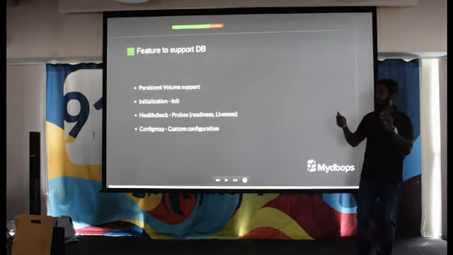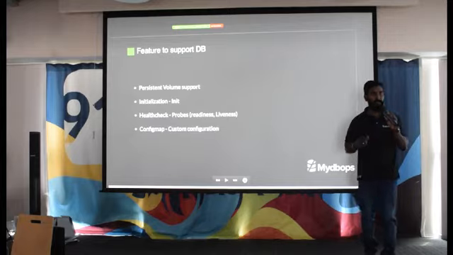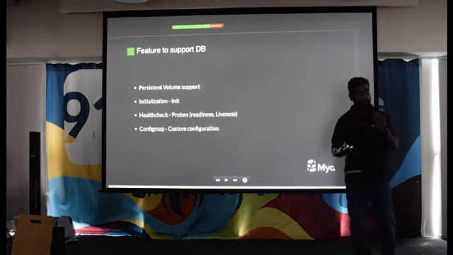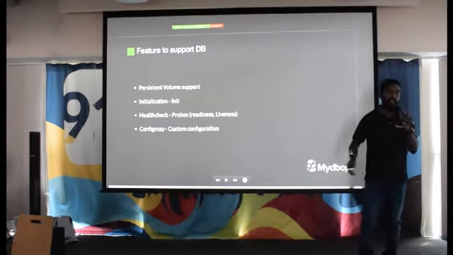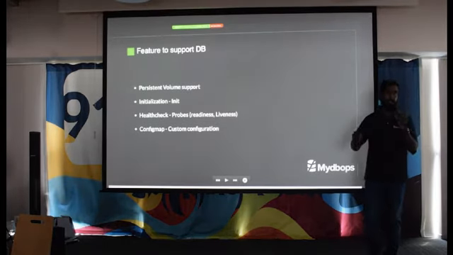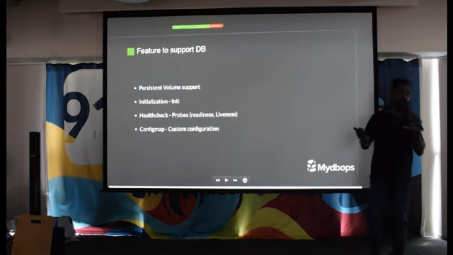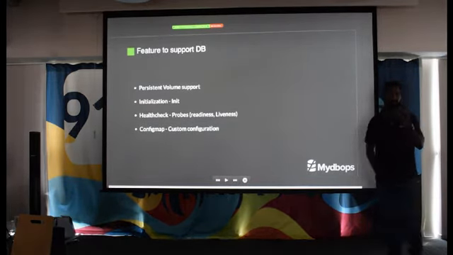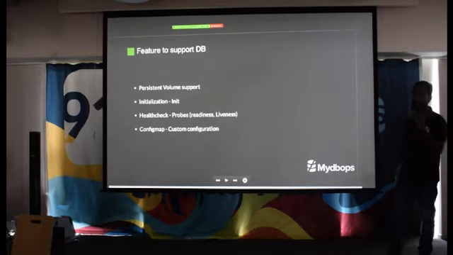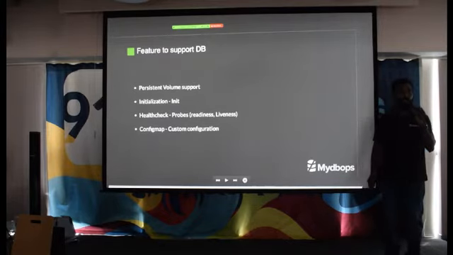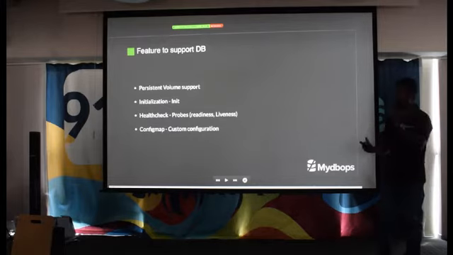That means even if there is a pod failure, the underlying volume should be present. When the next node or pod replaces it, this volume should get attached to that. So that is what is provided by the persistent volume support, or the PVC. PVC is nothing but a persistent volume claim. That's a concept within Kubernetes. And